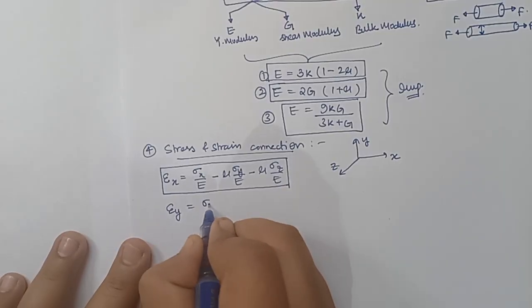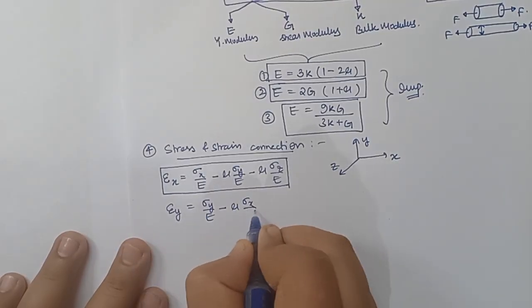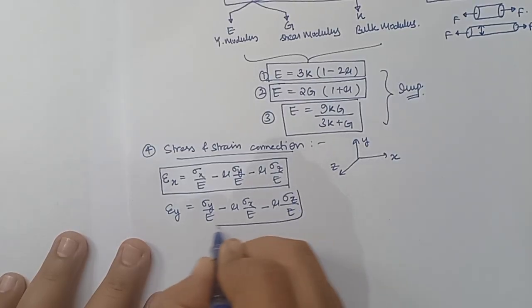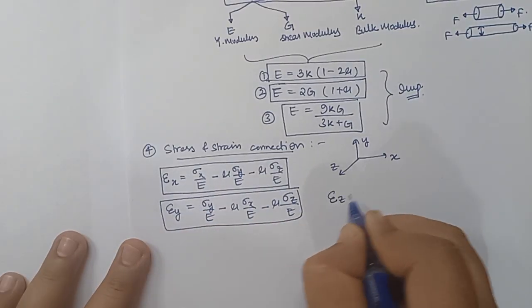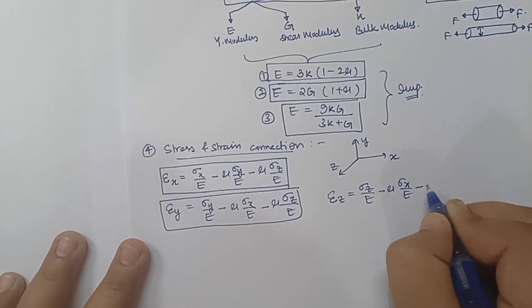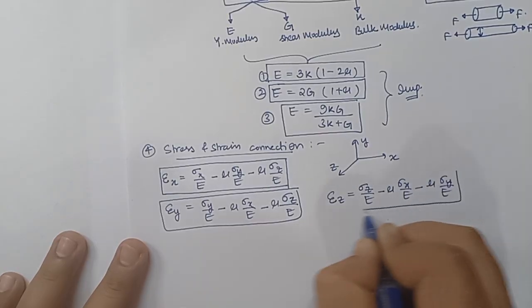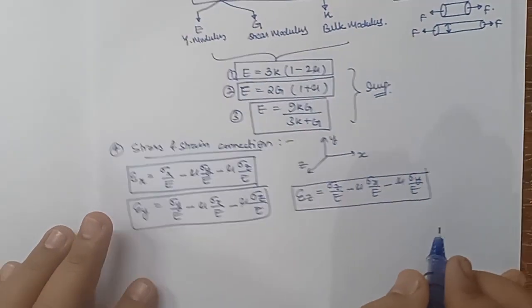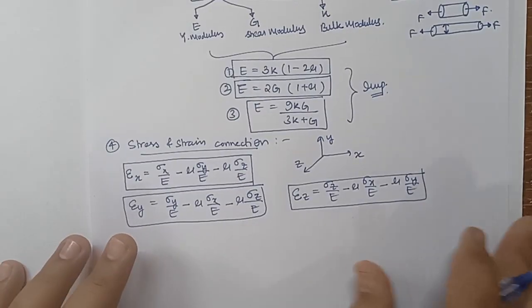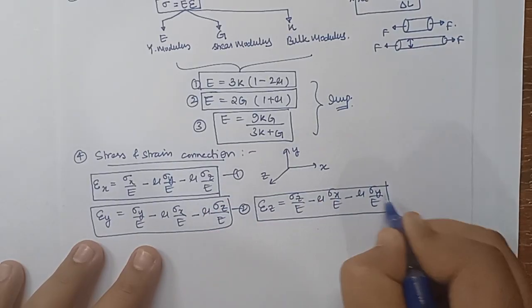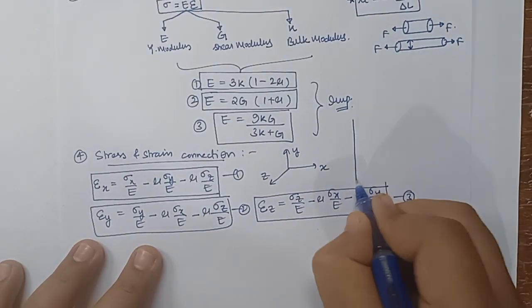Strain in y direction is sigma y by E minus mu sigma x by E minus mu sigma z by E. And similarly, epsilon z would be sigma z by E minus mu sigma x by E minus mu sigma y by E. So this is strain in z direction. Clear? And by combining these three, if I combine all these three equations, first, second and third, we will get